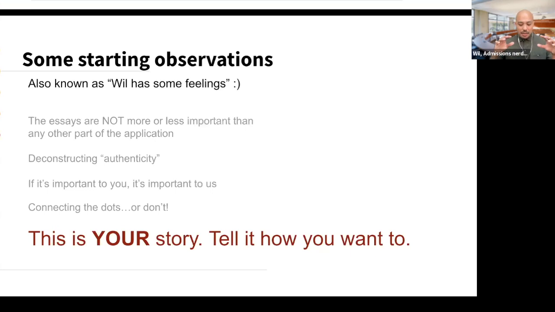Kind of big picture, this is a confidential space. No one sees your application except you, whoever you decide to share it with, and whoever's reading it on our team. Your interviewer will not see your application, they will not see your essays, future students, faculty members, nobody else will see them. So if you do decide to share some things that are personal, please feel free to. On that note, there's another piece of advice out there that drives me crazy.